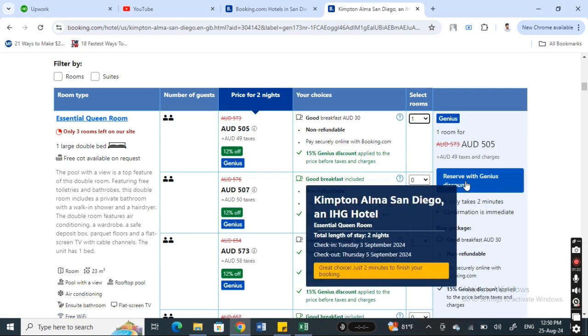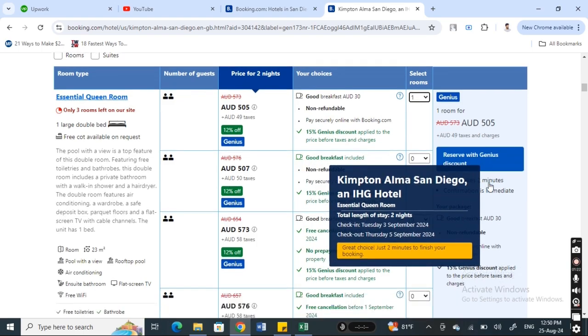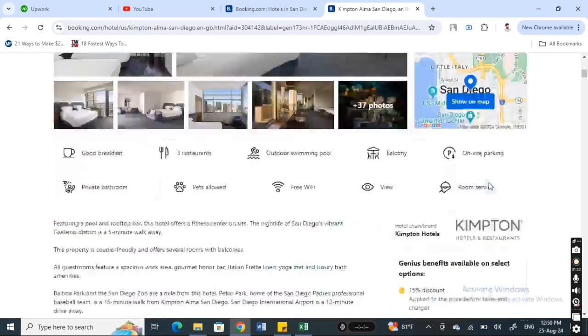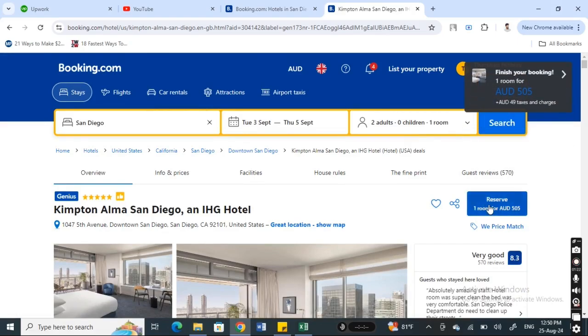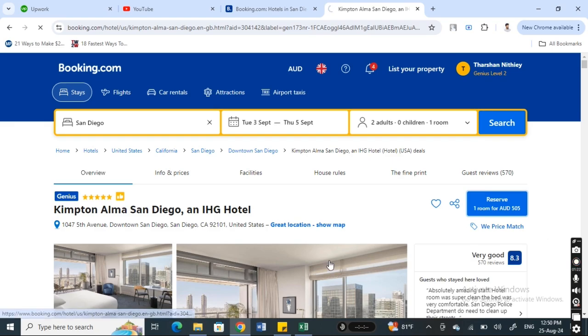Okay, so let me hit on reserve. When you click on reserve, this will take you to the next booking page here. So we're just going to go there, and then when we get to the next page